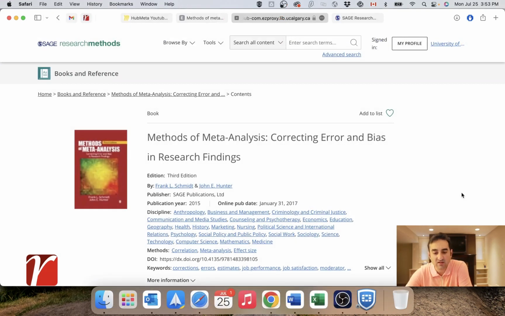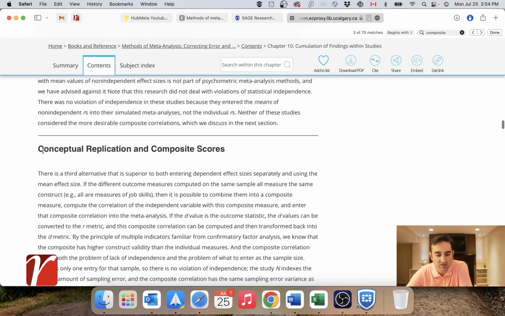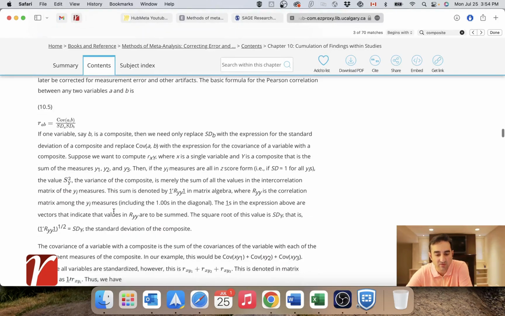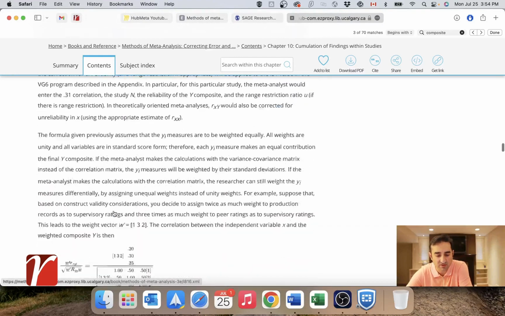So to calculate composite scores in HubMeta, we use the methods provided in this book by Frank Schmidt and John Hunter. This is Methods of Meta-Analysis, published in 2015. And in chapter 10, they have a subsection called Conceptual Replication and Composite Scores, and they provide all the formulas for calculating these composite scores.